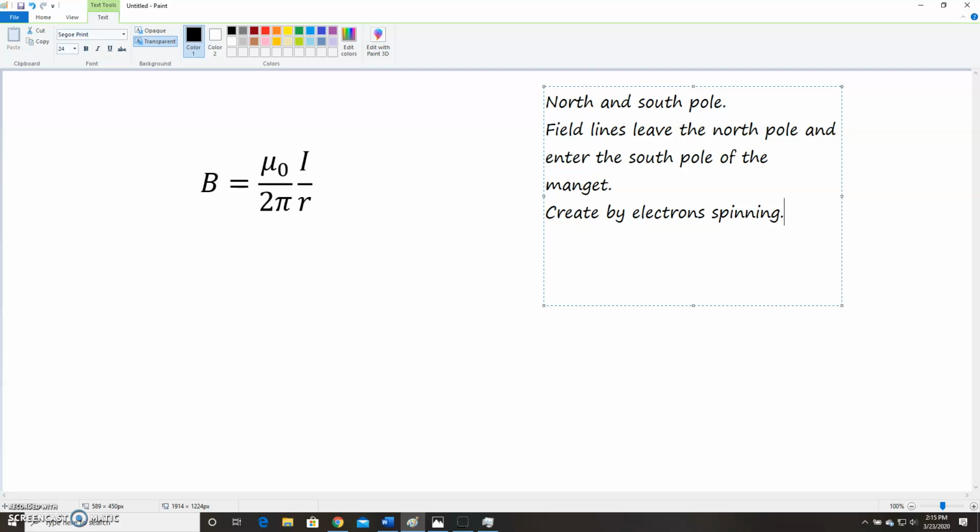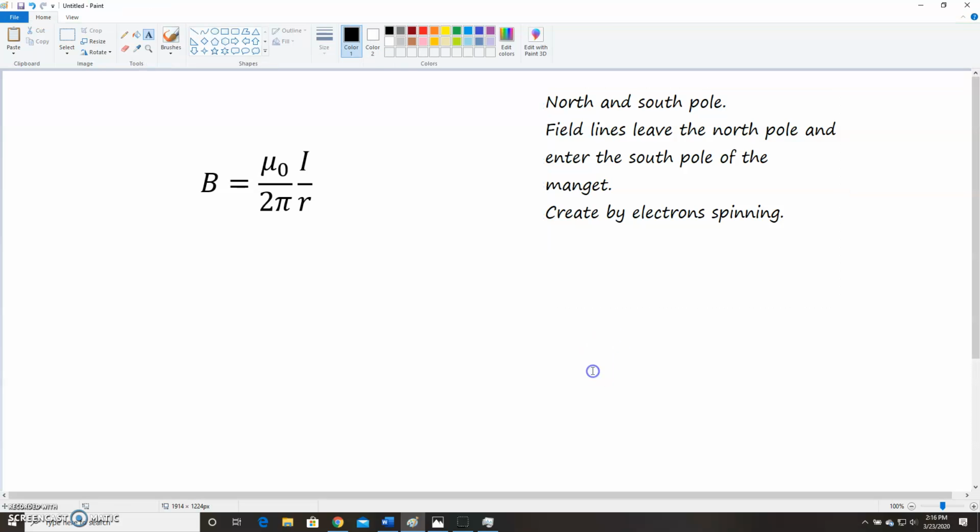But the focus today is actually on wires. So if spinning electrons can create magnetic fields, then so can wires, because wires, if they're conducting current, force all electrons to move in the same direction. This equation here shows us what exactly the mathematics looks like. The magnetic field is B,